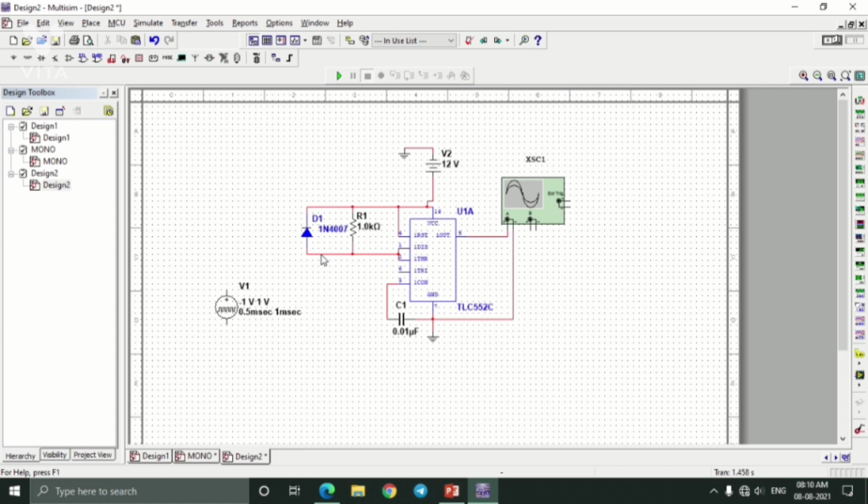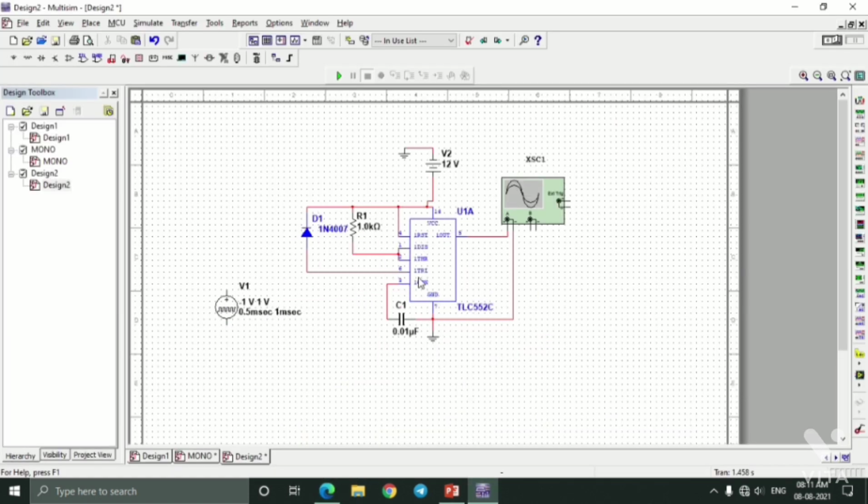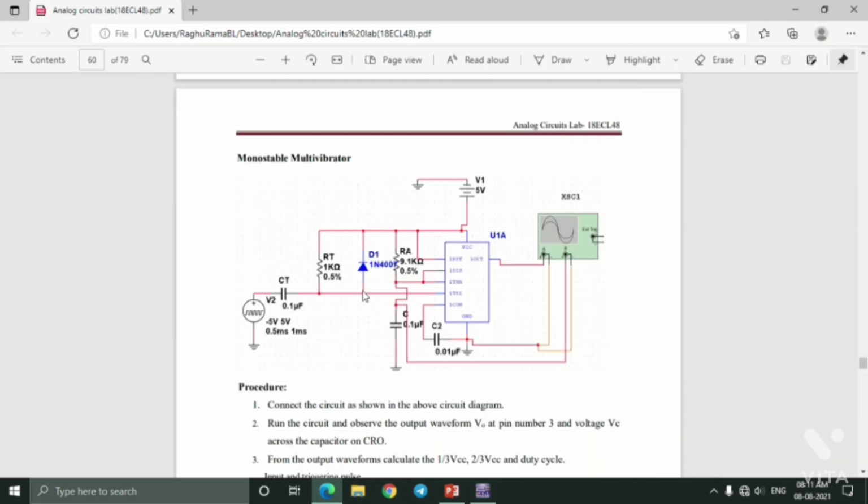Oh, I made a bit of a mistake. You need to connect the pin number 6 terminal to the diode positive terminal. Over here, it's not showing in this observation book. They are not showing the pin numbers, but I am saying you can see over here that pin 1 is connected to the negative terminal of the diode.